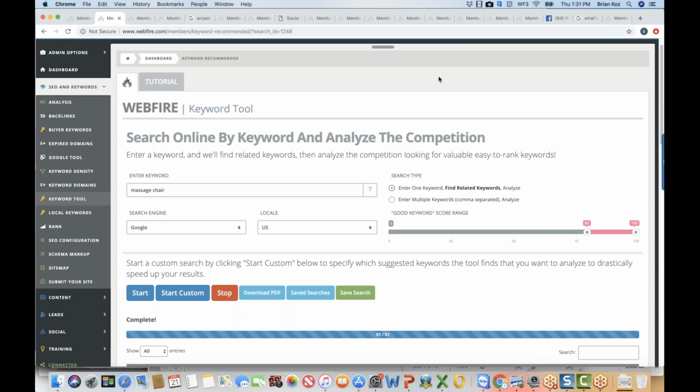There's a trick where if you type in a keyword, you can see how many of the organic results on the first page of the search engine, so not the paid ads, like the first page of Google or Yahoo or anything like that,